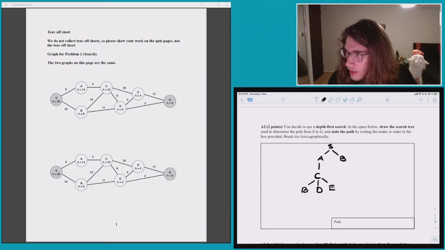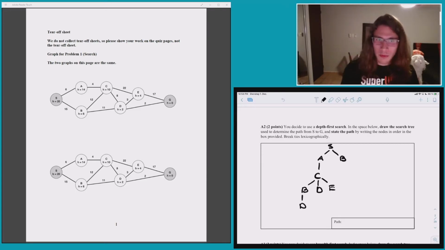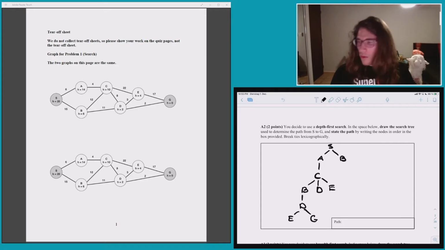Let's see, B could go to D in this case, and only D. So we're not adding paths that would create a loop or a circle. And so D is leftmost child again. D is the first one, or the leftmost child. It breaks down into E and G, and this is where